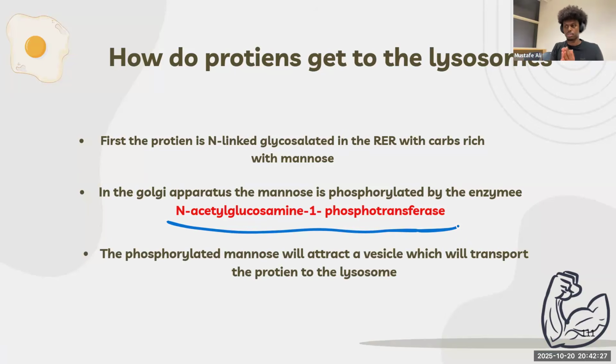So what I will say is, the protein gets glycosylated with mannose inside the RER. It then goes to the Golgi. Inside the Golgi, there is this enzyme called N-acetylglucosamine 1-phosphotransferase, which phosphorylates this mannose. Once it phosphorylates the mannose, this protein can then go towards the lysosome, and now we are all good. Yes, you're right. Mannose plus P is M6P. Do you guys have any questions regarding these steps and how proteins go through these stages?